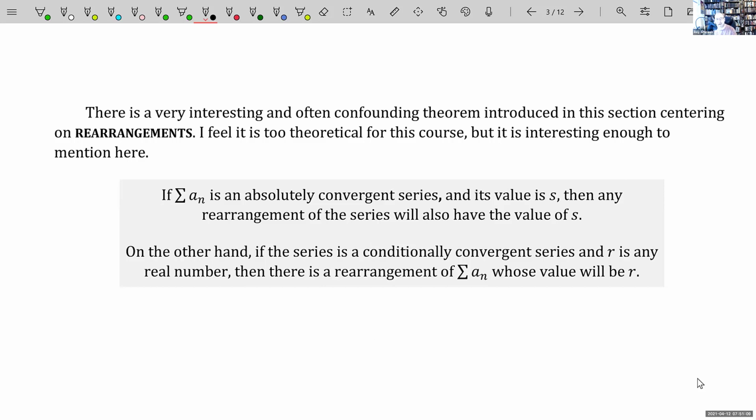He just mentions it in a paragraph, but it is still super interesting. And it's based on something called a rearrangement. And it's too theoretical for this course, I feel, but it's really cool. So